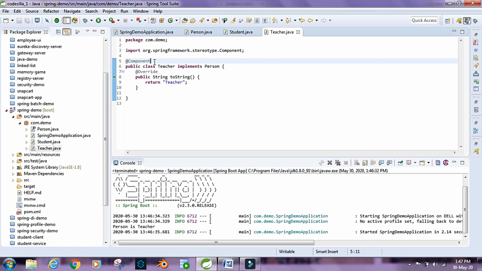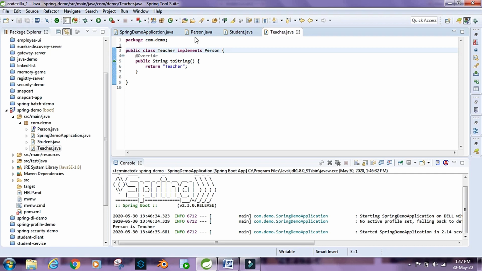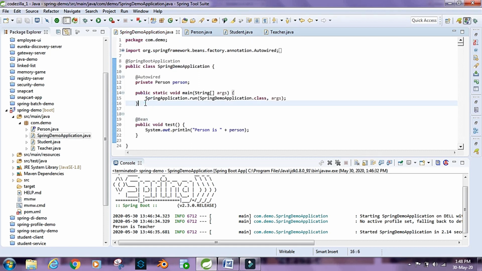But what if we did not have access to these classes? Suppose these classes are added into our project as jars inside the build path of our project, and we did not have access to the source code of these classes. So there's no way we could have marked these classes as component, and we still wanted to bring these classes inside the Spring container, or we want to create beans of these classes. We could have done it using @bean